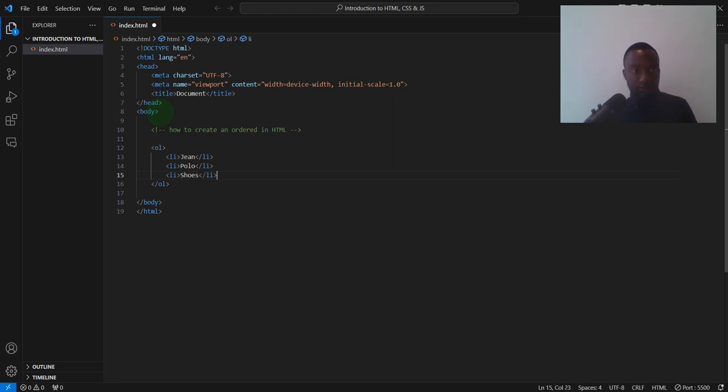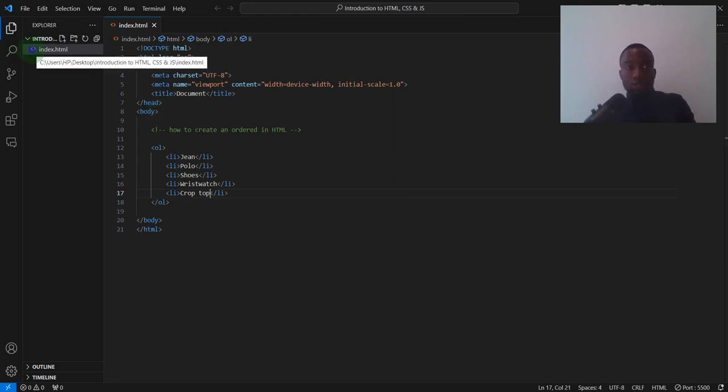shoes, and here I'm going to have wristwatch, and here I'm going to have crop top. Okay, so right here I'm going to launch this with my live server, a plugin I've already installed,